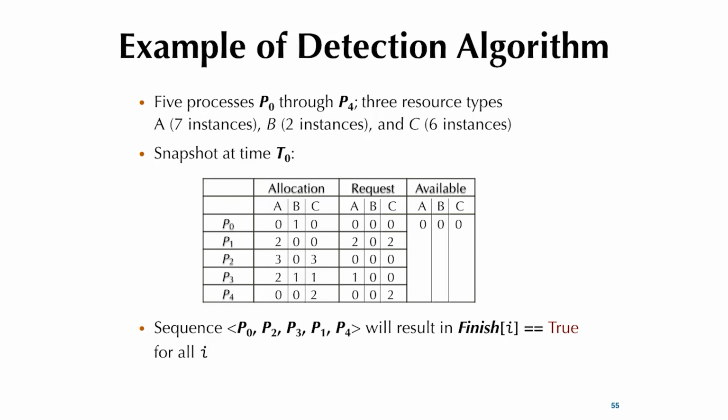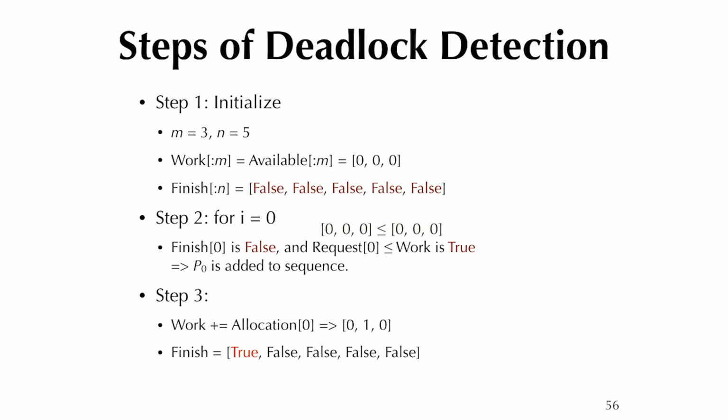That means all resource instances are held, right? So then, allocation, right? Because 7 instances of A are 2 plus 3 plus 2, that's 7. 2 instances of B, so 1 plus 1 is 2. So that's why available is all 0, right? And so available 0, work gets a copy of 0, 0, 0. Right, and then finish is all false.